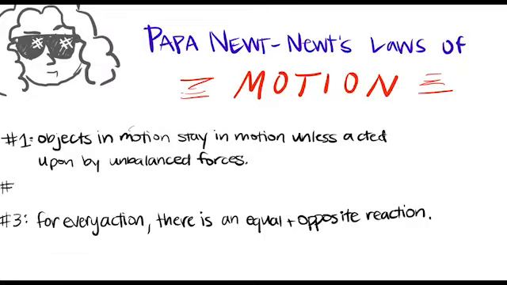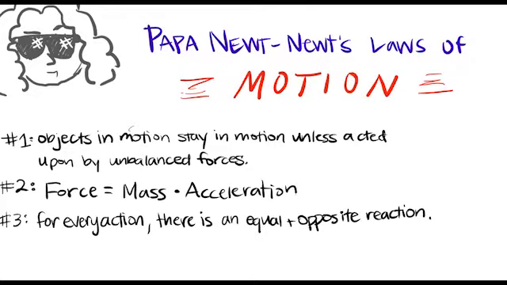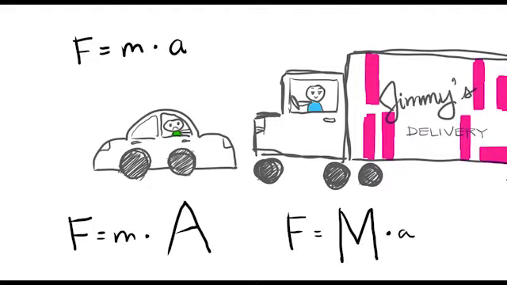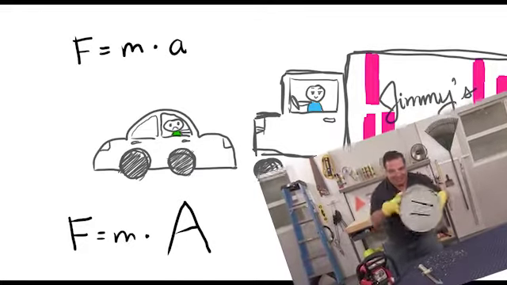This is because of Newton's second law, which states that a force is equal to mass times acceleration. In this particular scenario, the masses aren't equal. We already know that the forces are equal, so this means that the accelerations must be different. As you can see, when the mass gets larger, the acceleration must get smaller. So, the smaller car has a greater acceleration and therefore will sustain more damage. Now that's a lot of damage!